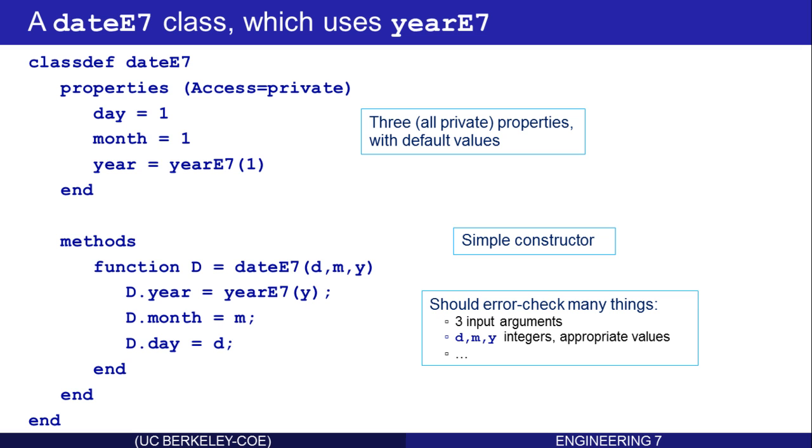Of course, there should be error checking on many things, that there's 3 input arguments, that D, M, and Y are all integers and appropriate values, and so on. And you should add those. But for the purposes of this lecture, let's keep it simple so that we can focus on what we're trying